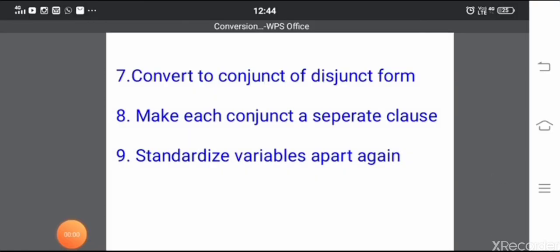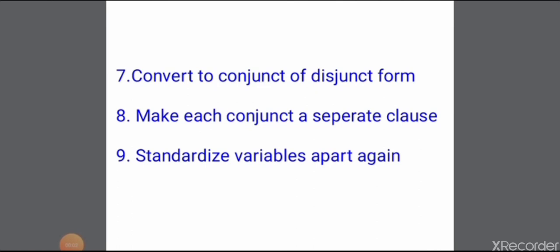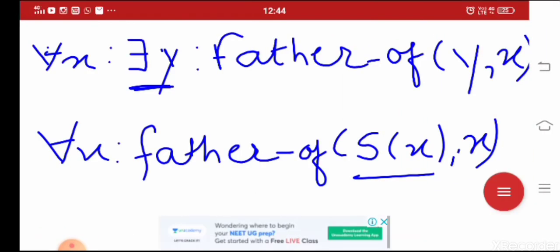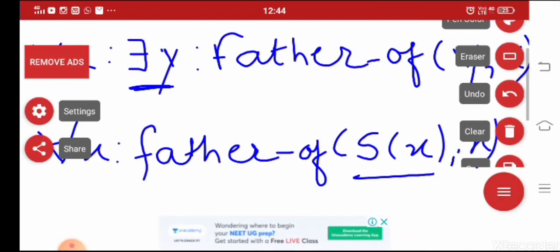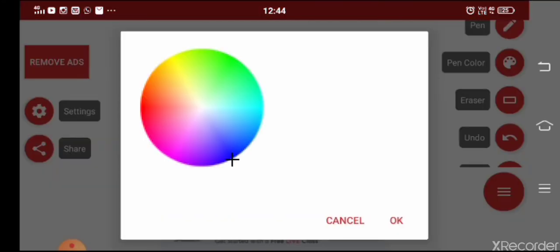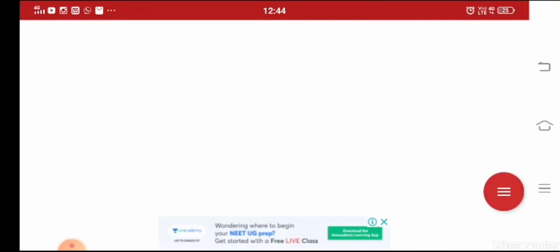Now the next step, the seventh, is to convert to the conjunction of disjuncts form. We have to convert all the clauses into conjunction of disjuncts. How is it done? Let's take an example.